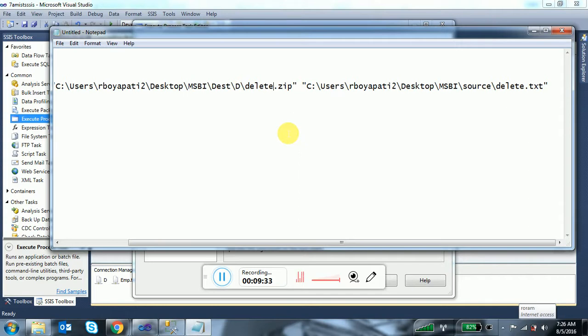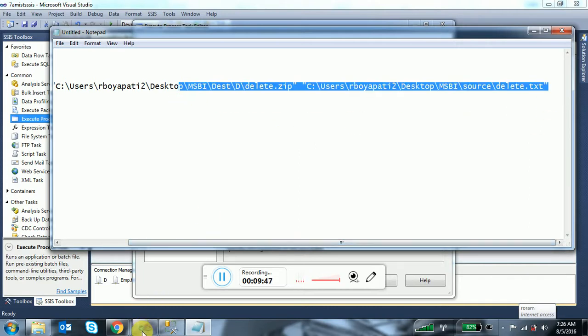Okay. So now I'm going to execute this task. We'll see whether that file will come. This is our target location, right?